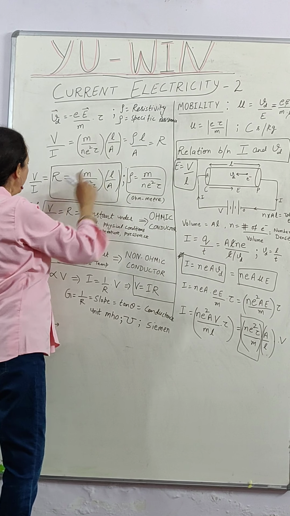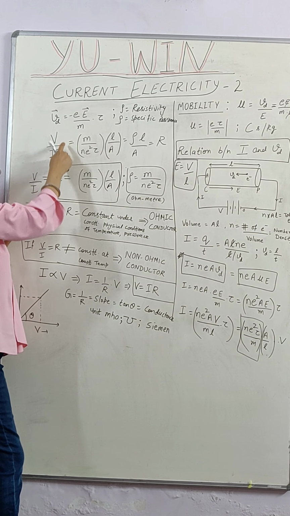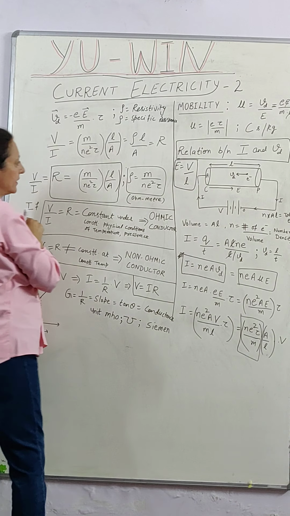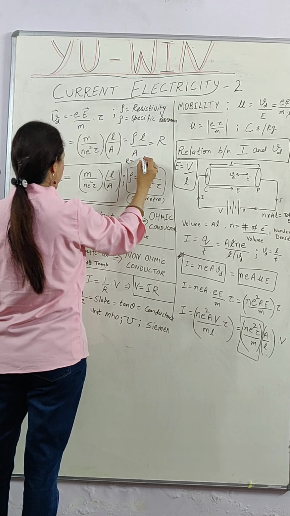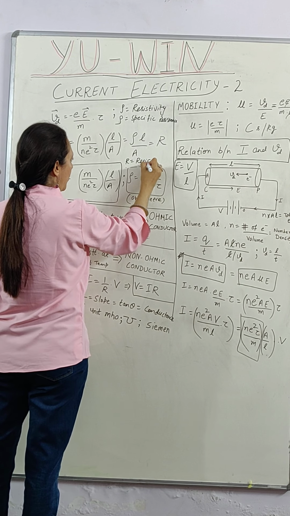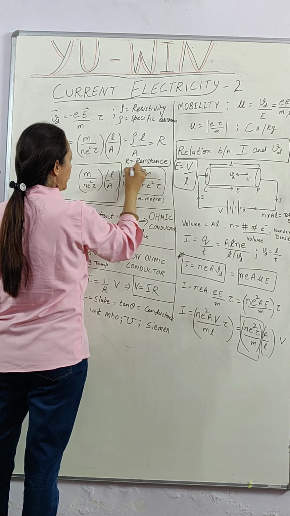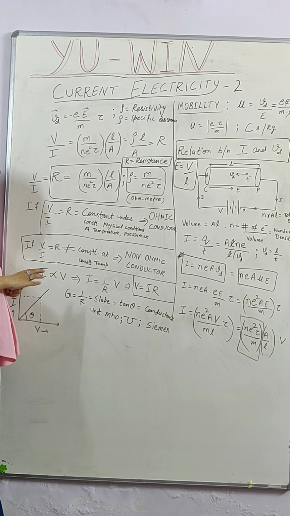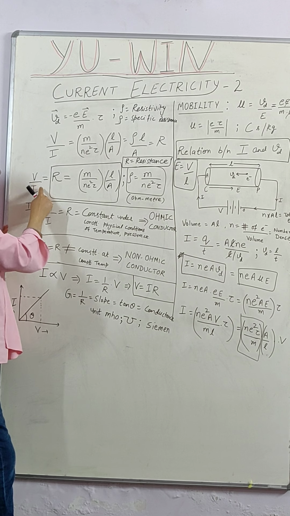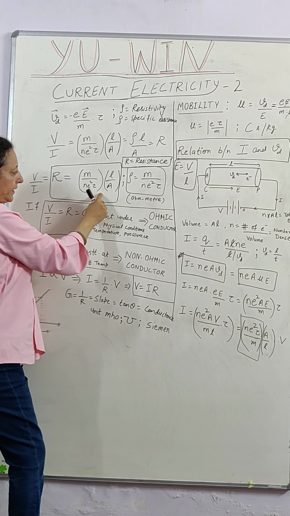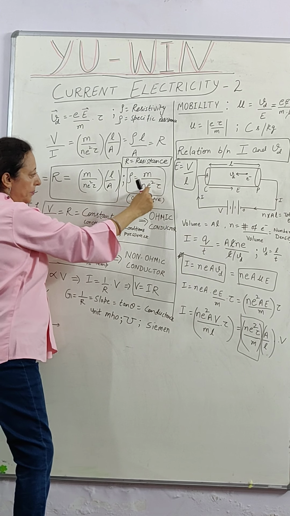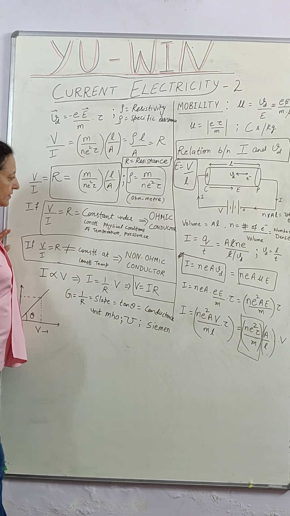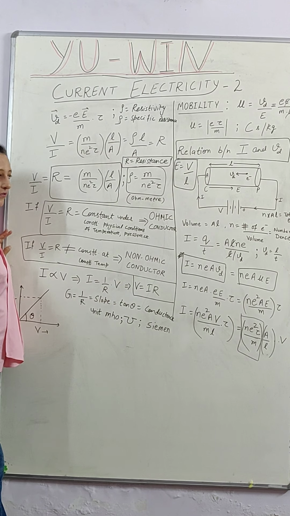So it is R is equal to rho L by A, and I denote V by I is equal to R, and you are very much aware of it, R is the resistance. R is known as the resistance of the conductor. Rho is resistivity and R is the resistance. It's a very important term, and throughout current electricity we have to deal with resistances only. So V by I is equal to R comes out to be equal to ml upon Ne square tau A, out of which rho is m upon Ne square tau. Now from here we come to another very important law. I hope till resistance everything is clear to you.